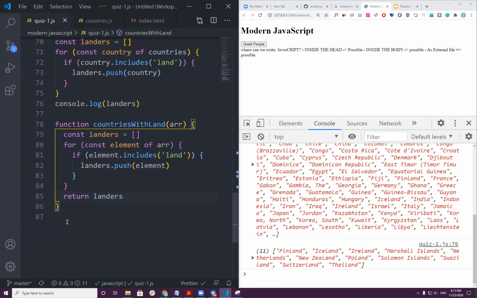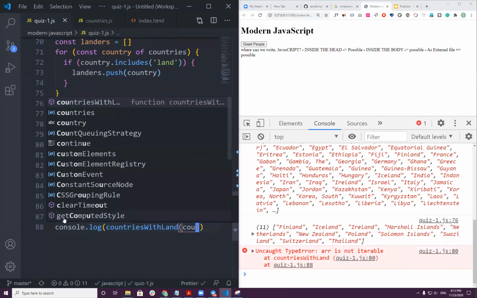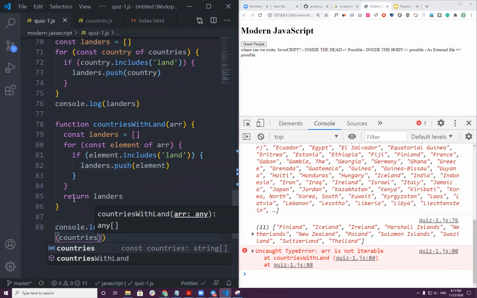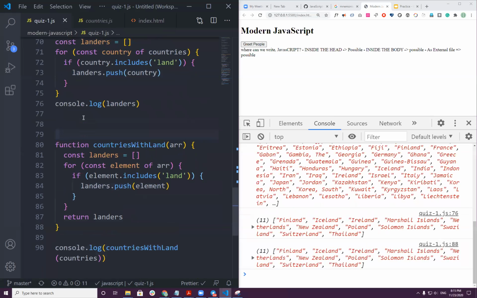So to get the value now, console.log(countriesWithLand) and you pass the countries array. Have you seen? I got this result. So this is your beautiful function. Is there any similarity with the previous function we made? Yeah, there's some kind of similarity.